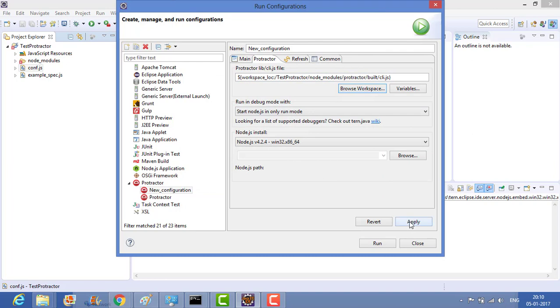Now click on Apply and give any name for this configuration. Let's say protractor run config, or protractor run simply. So that's it. Now apply and run, right? When you run this,